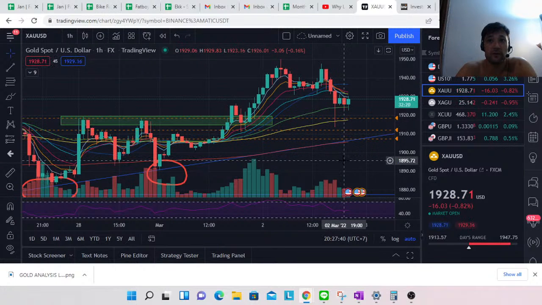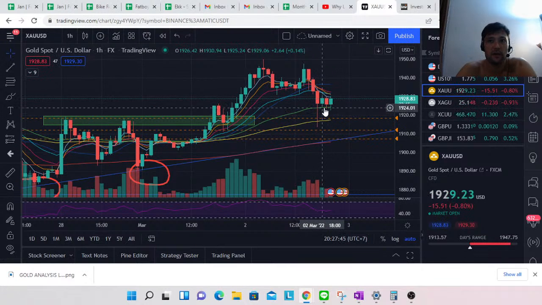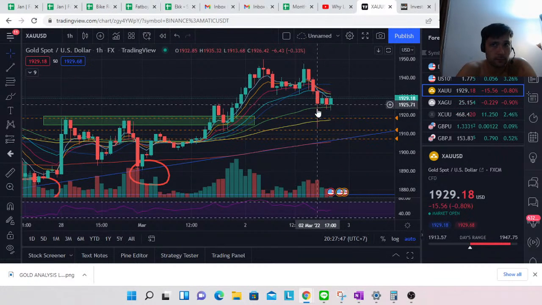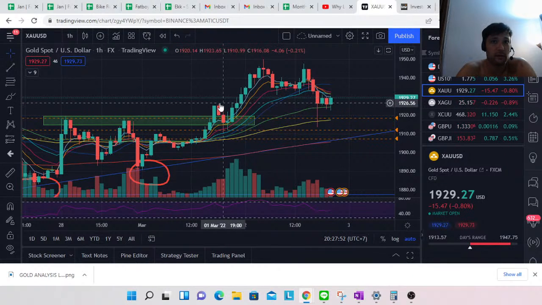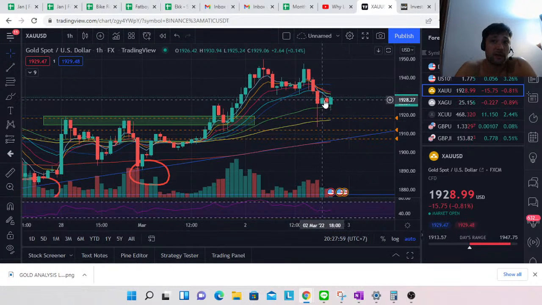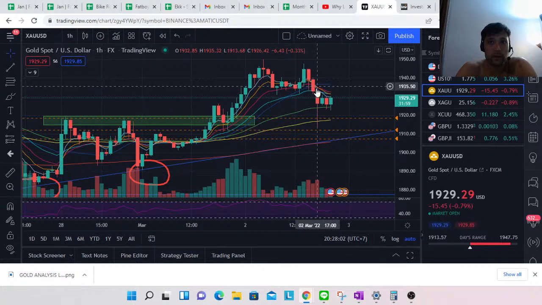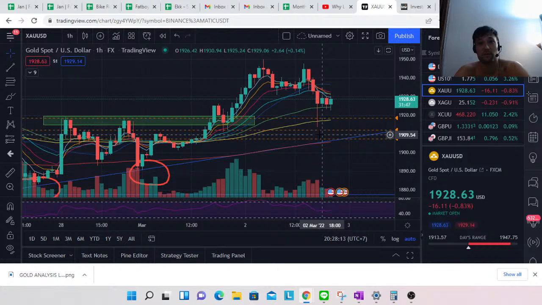Funnily enough, I did also take a bit of a loss earlier today. I'd set up a 1924 position. I was hoping we would pull back and make this general area additional support. We failed to do that when the pullback started, because we had this crazy wick candle that dropped down and retouched below 1920, even to 1913, I think.